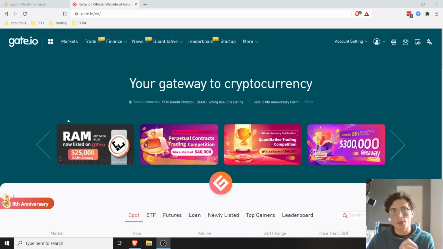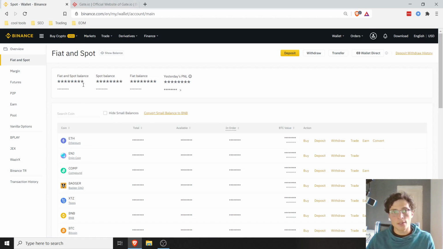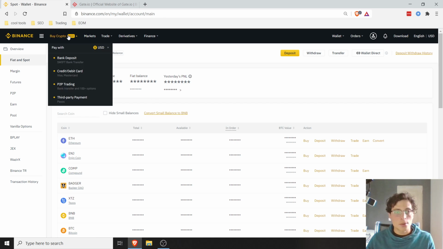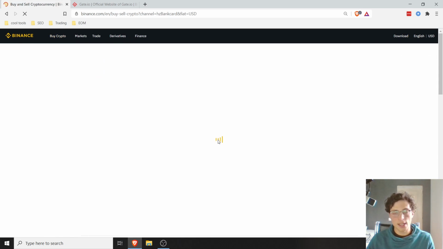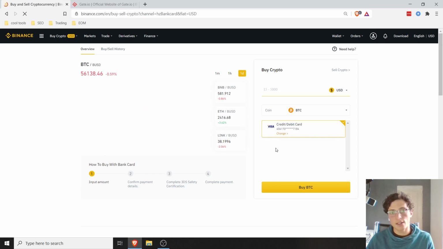Basically what you would do to deposit into this platform is you would have to go to your account, to your current account in Binance, and you would have to do a fiat deposit. So you would just do it as you normally do. You would go here, pay with US dollars. You would choose either bank transfer or credit card. You would click in. You do the normal, the regular deposit as you do in Binance.